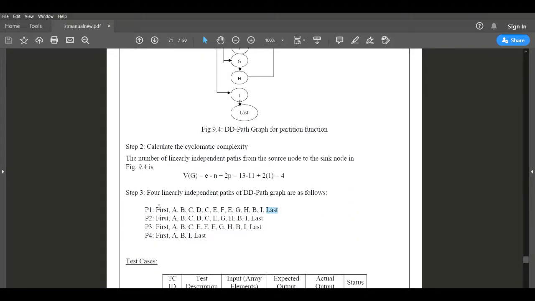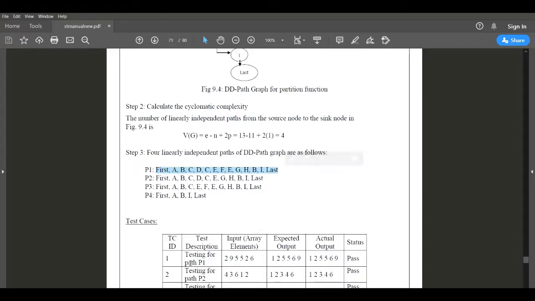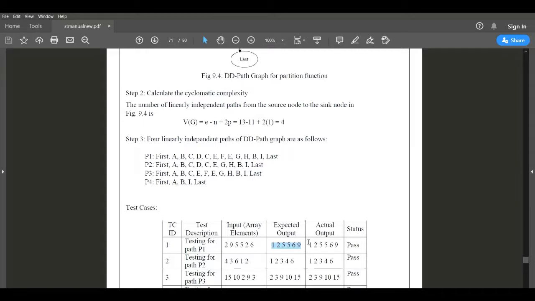If I am traversing the inputs to sort through this path, what happens? Let us consider this is the path P1 test case. Here these are my inputs, the array elements which I have specified for your program. Now this will traverse through this path, and then we get the output result. This is the expected output result. 6 elements are there. Here 2 elements are repeated, but the first two inputs and last two inputs are changing. Based on that we have to specify the input parameter list.